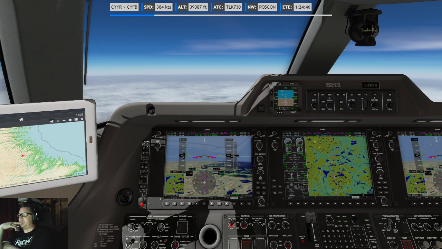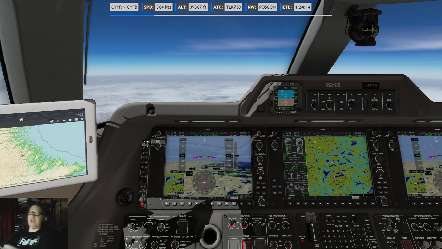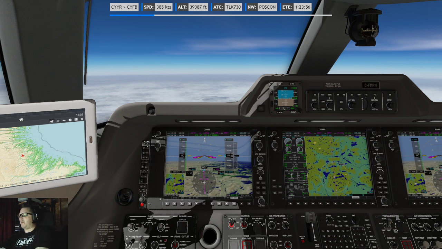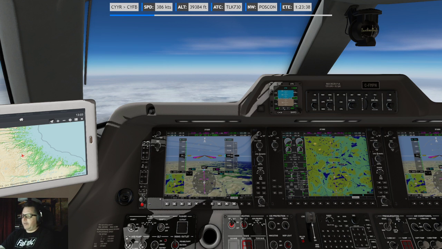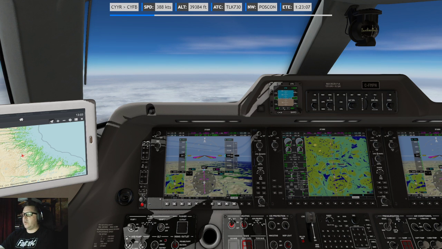It's the weekly chat with the boys on Discord, get on camera, shoot the shit, drink beer. And as I was doing the flight to Iqaluit, I noticed the winds were not crazy or anything, but the ground speed just sucks. I don't know why.